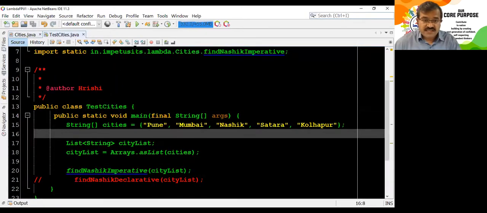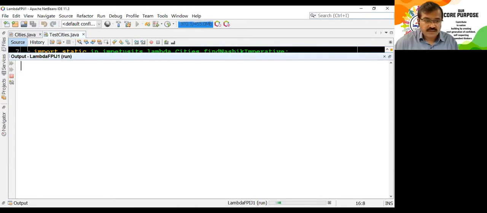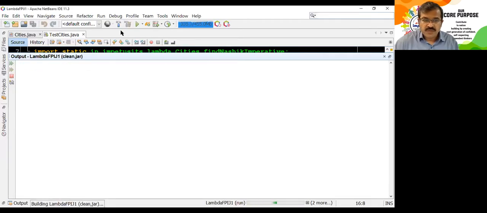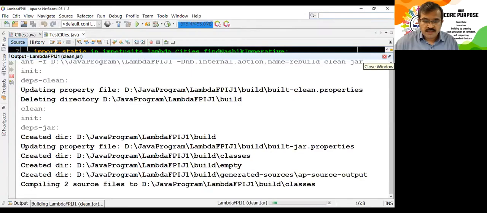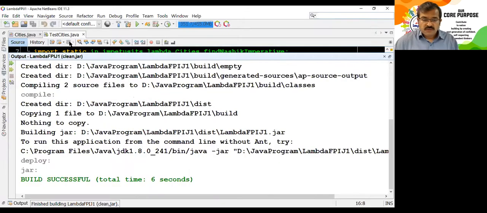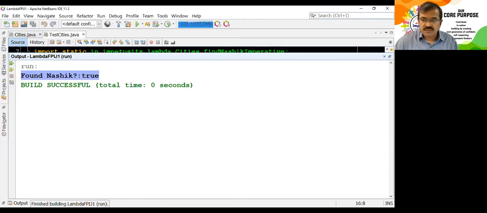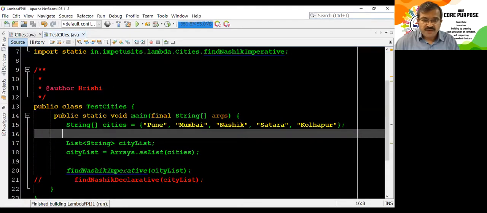Let's see whether it searches for Nasik correctly or not. Does it find whether there is a city called Nasik or not, and whether it runs correctly? Let's run this program. It has got executed. Hardly takes any time. Oh, it's still running. Let me build this particular code and check whether the build is right. Perfect. Let's run this particular program. And it says found Nasik, true. It is there. Fine. So if you are happy with this code,